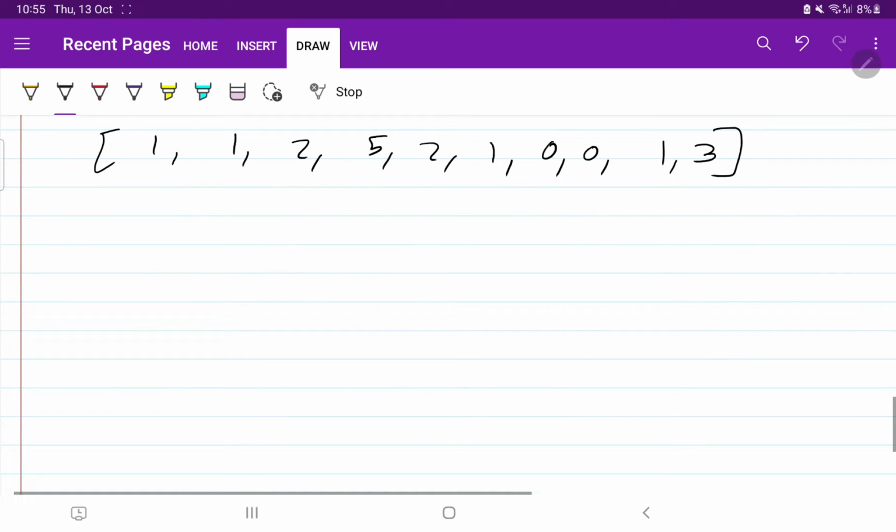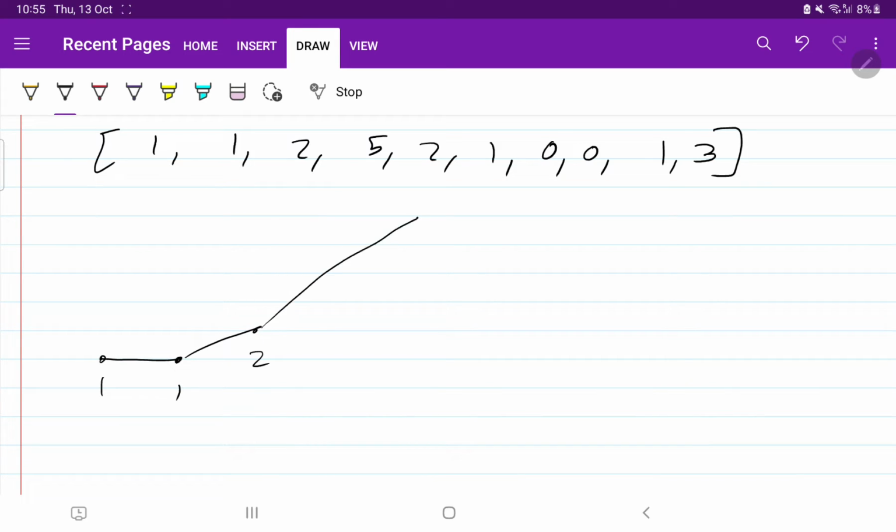Let's say this is the array. This is 1, this is 1, this is 2, this is 5, this is again 2, this is 1, this is 0, this is 0, this is 1, and here it is 3. So this is our valley diagram. From here we can start.